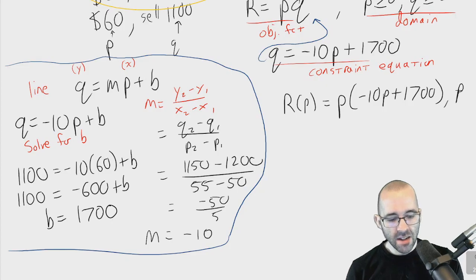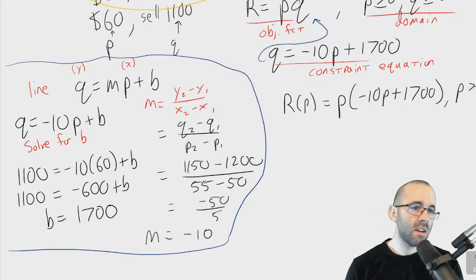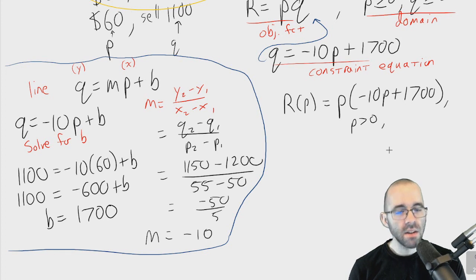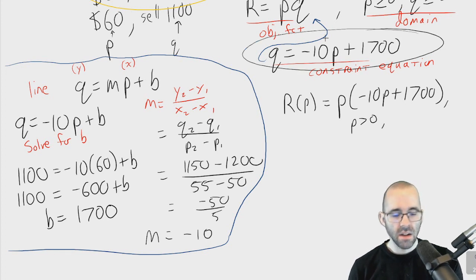And again, our domain is that P has to be positive. Oh, I wrote off the edge of your screen. P has to be positive as our domain, and Q has to be positive. When is Q positive here? That's a little bit more involved of a question. But notice if P is 1,000, well,